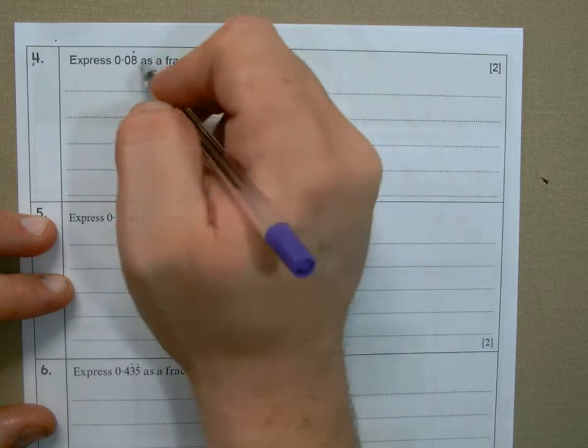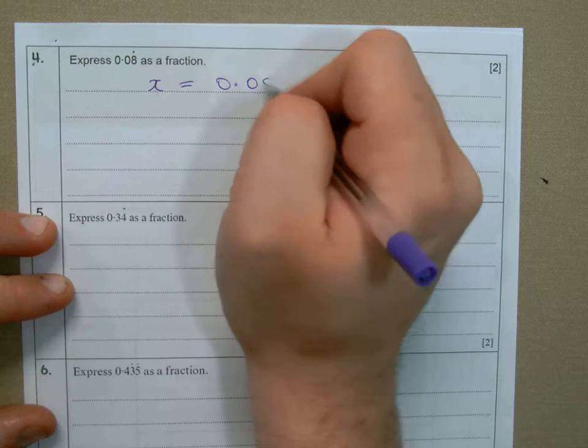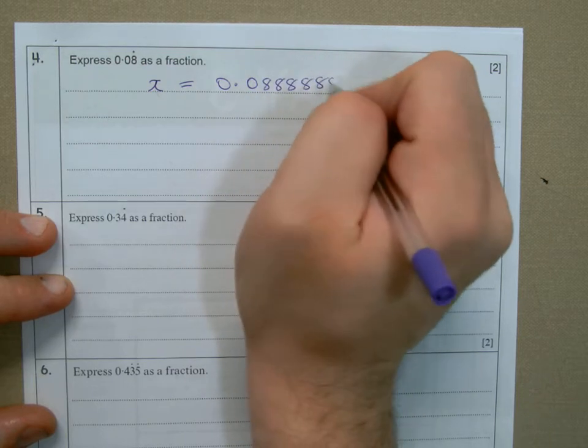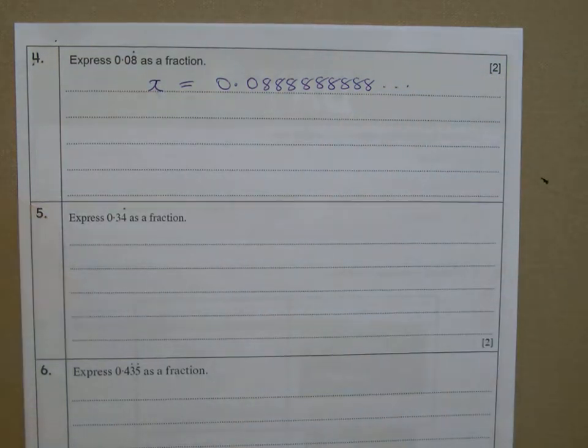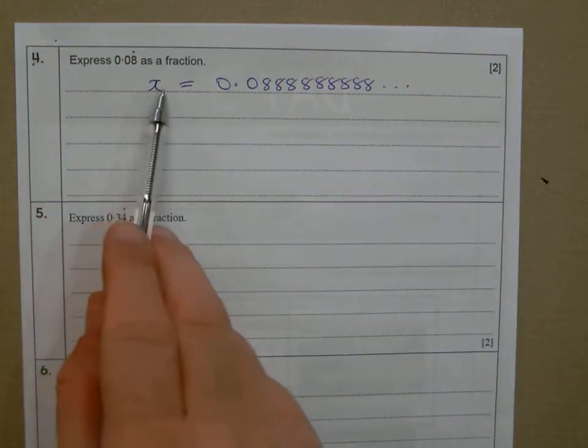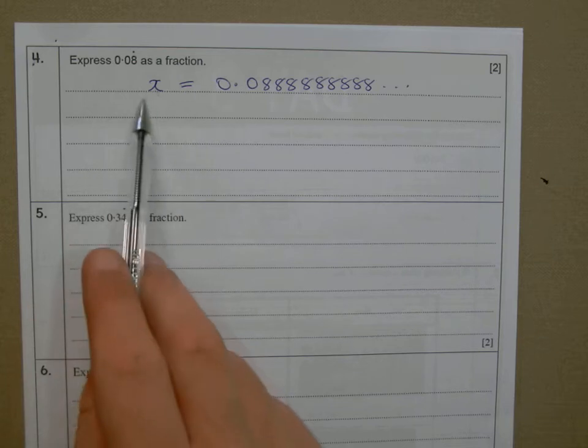0.0, and then the 8 starts to repeat. So it's just an infinite amount of 8s. We could keep going on and on, and dot, dot, dot to show that. Now what I do then is, because I called it x, I can then look at what 10x would